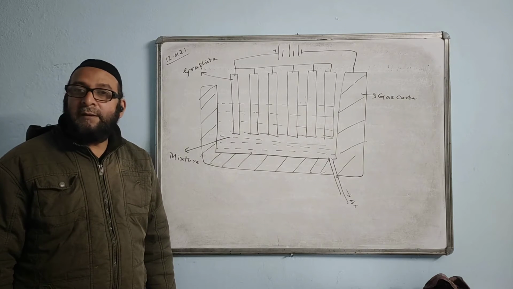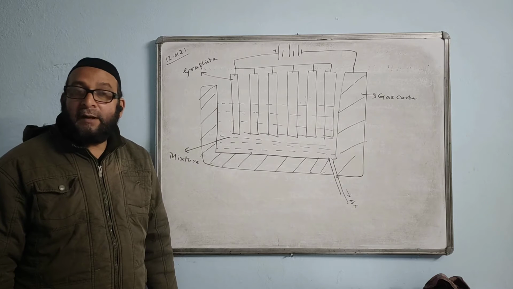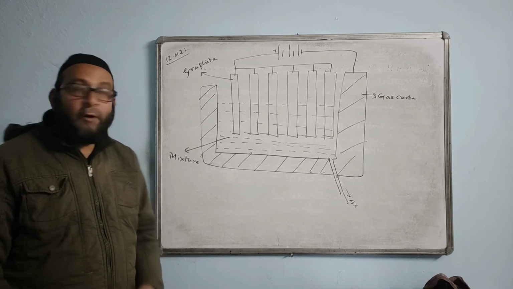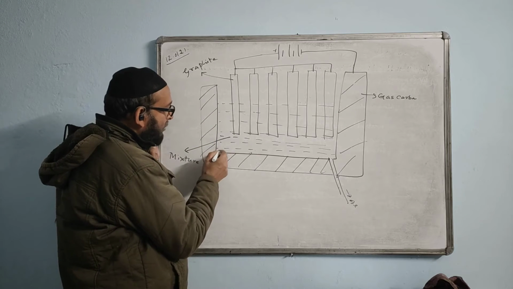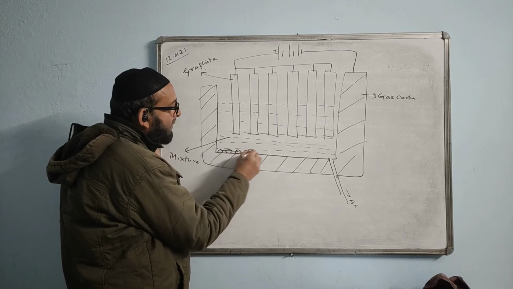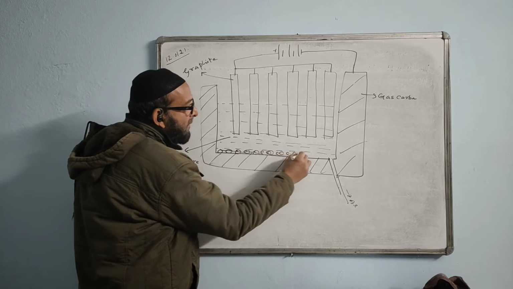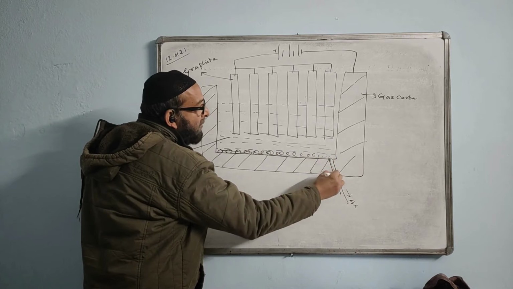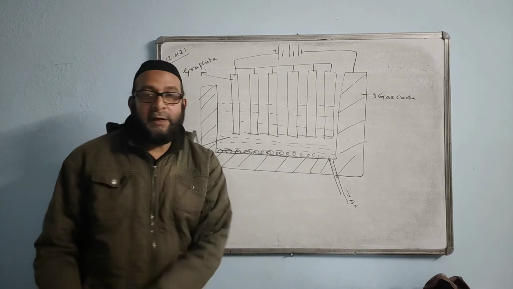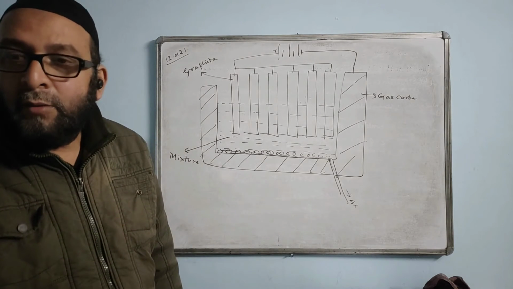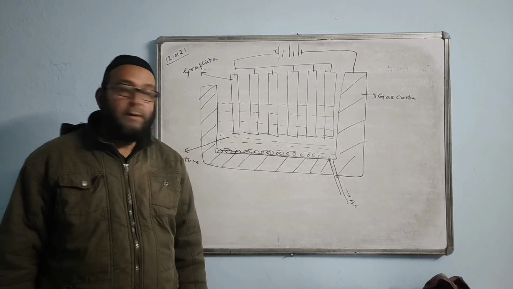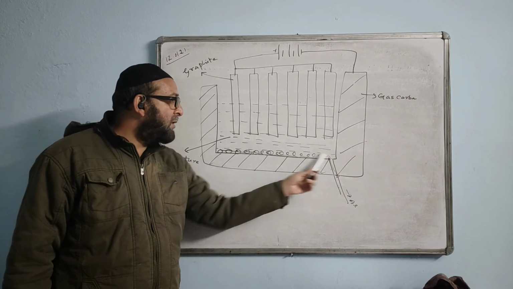And now they are asking where the metal aluminium is formed. You know that during the reaction aluminium metal is formed at the cathode. Cathode is at the base. Here the aluminium metal will be formed, and that aluminium metal will be in the form of liquid, draining out. Aluminium metal will drain out in the form of liquid out here like this. It will come out.